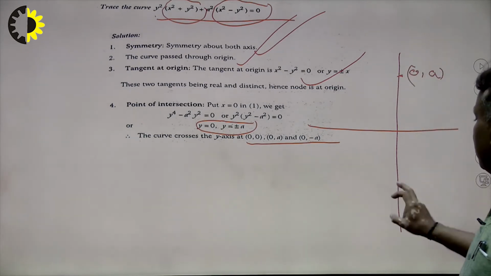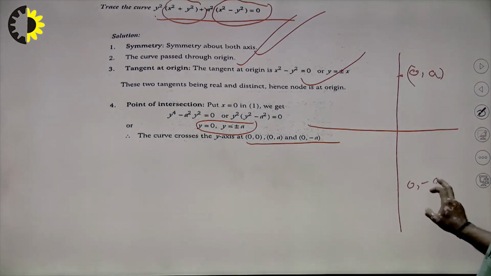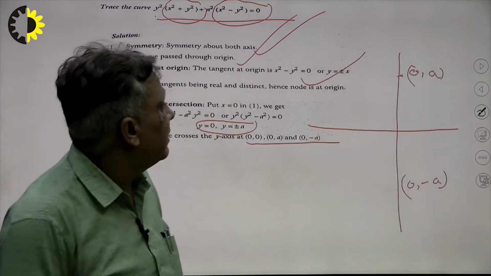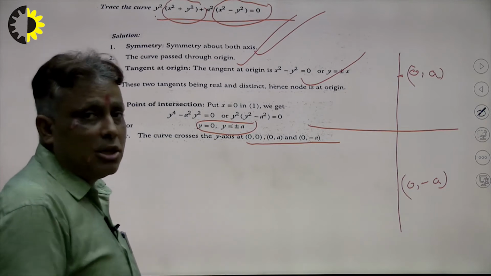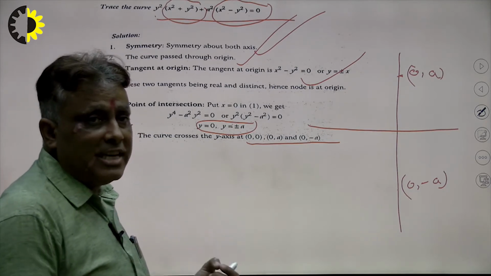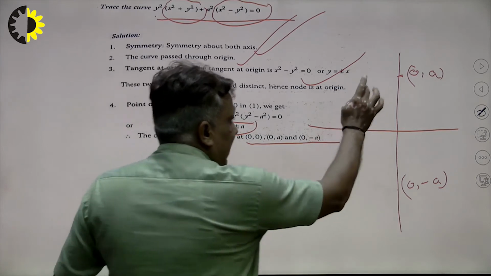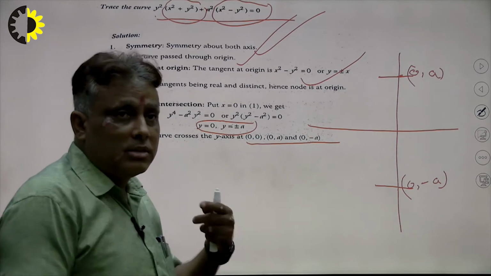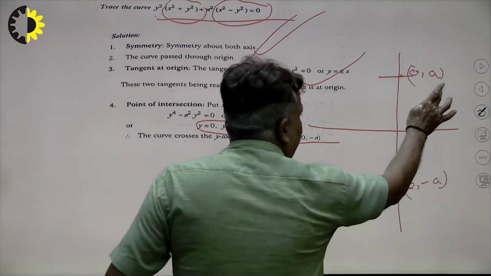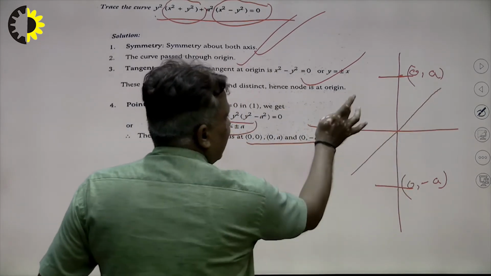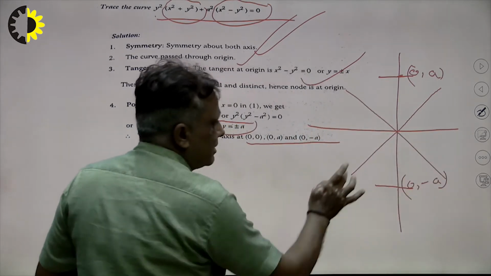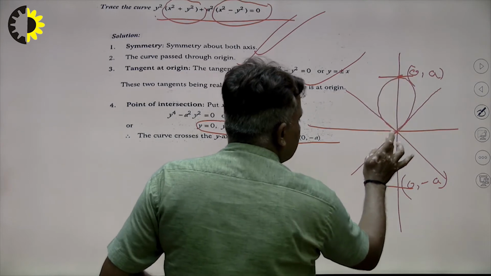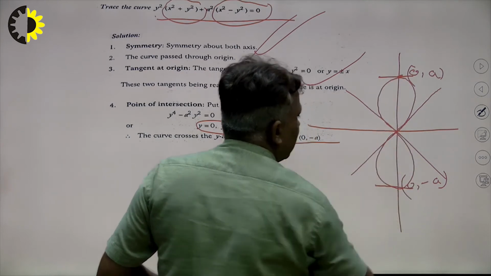Now the question is that (0, minus a) is also there. What is the nature of the curve at (0, a)? I explained just now which coordinate will give the tangent, which is 0. So the tangent will be the x axis here. Now the tangents of the curve at the origin are y is equal to x and y is equal to minus x, that means the curve exists in this position because this is the node, and this is also a tangent of the curve, so this will be here.